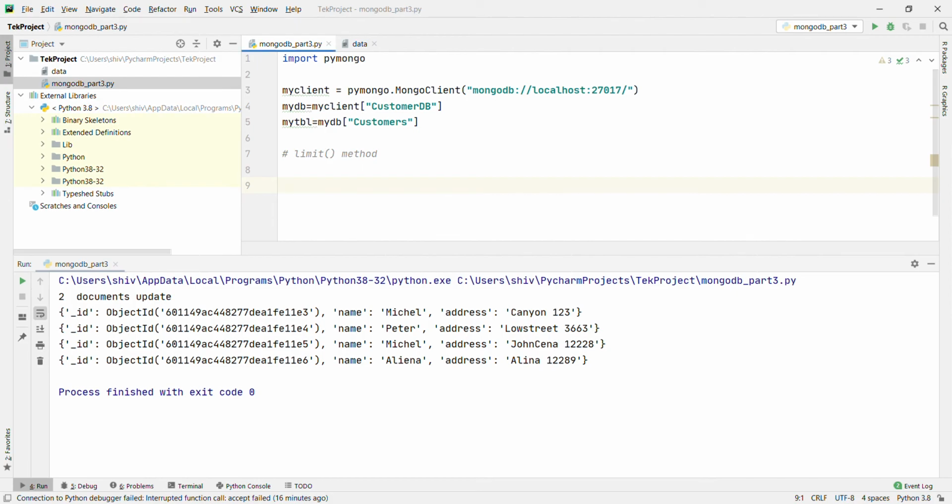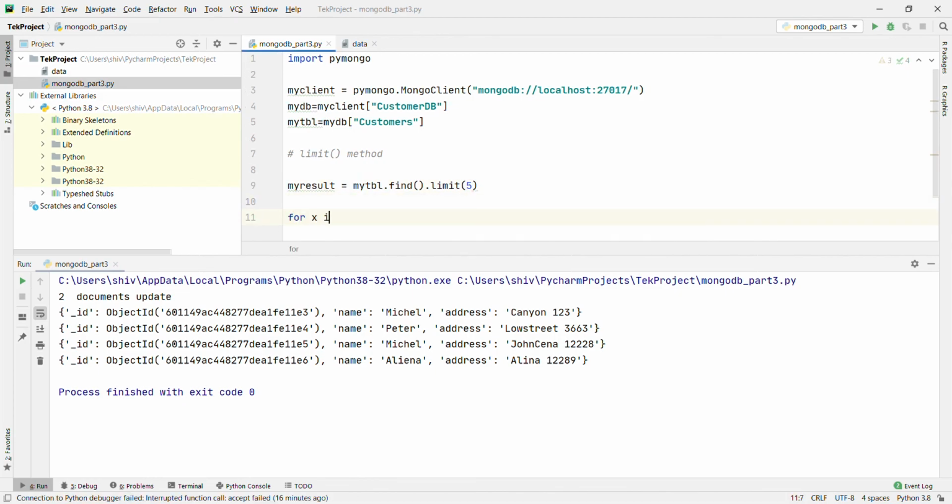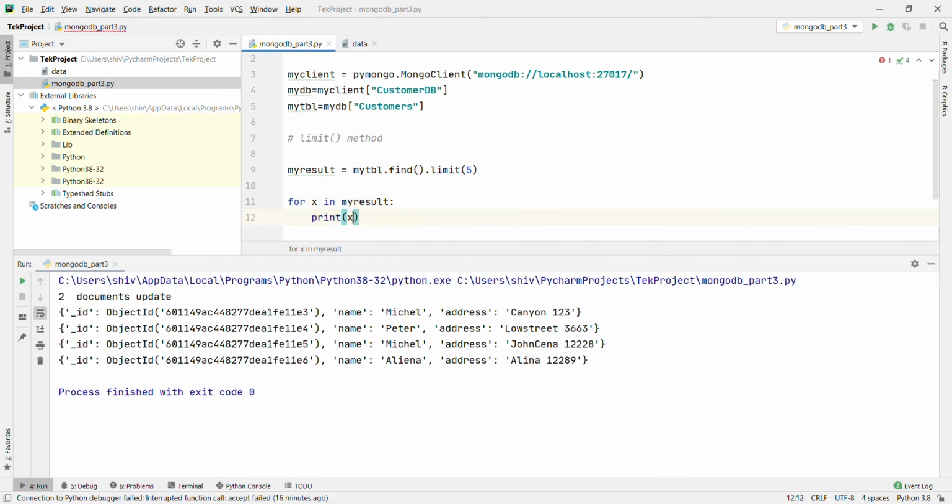For that, my result equal to my table dot find dot limit, and how many records you want, say 5 records, then you will get 5 records. For x in my result and print x, how many records will it print?